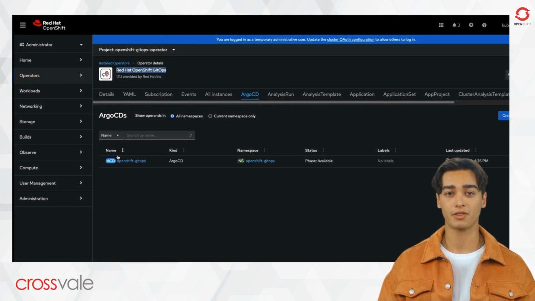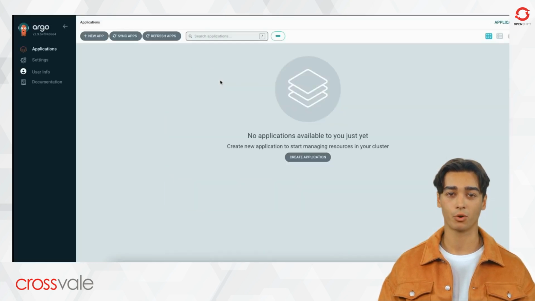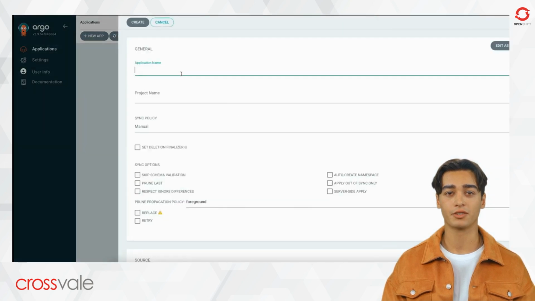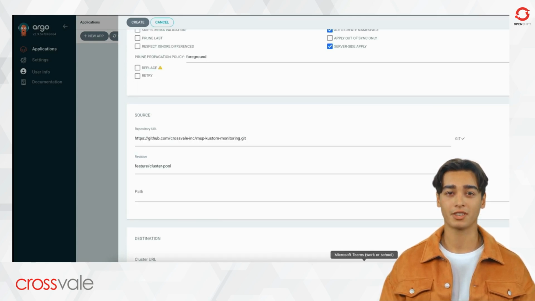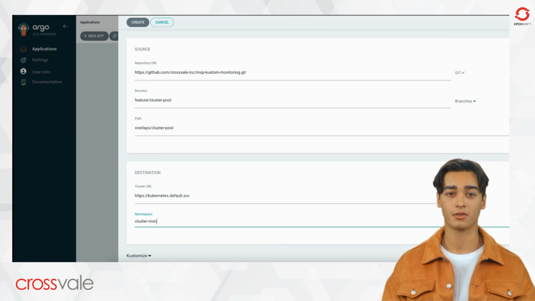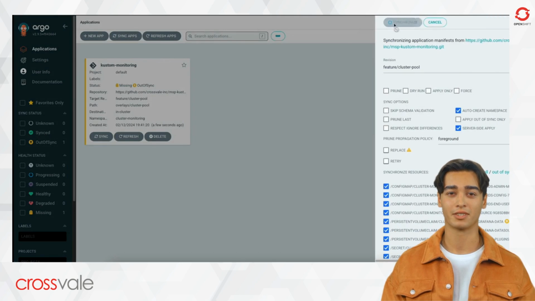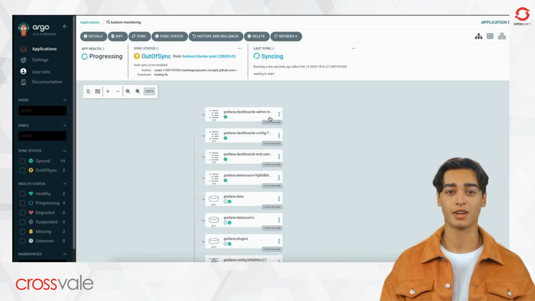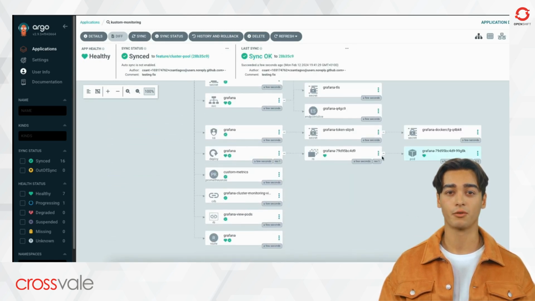We need the OpenShift GitOps operator installed and an Argo CD instance created for UI access. In the UI, we are going to deploy the Grafana application by leveraging the capabilities of Argo CD GitOps. This application is meticulously designed and deployed by the dedicated PodOps team at Crossvale. Its primary function is to continuously monitor the cluster, ensuring optimal performance. More importantly, it has the advanced ability to detect and alert the team about the early signs of any potential issues that might arise, thus safeguarding our systems from unforeseen challenges.